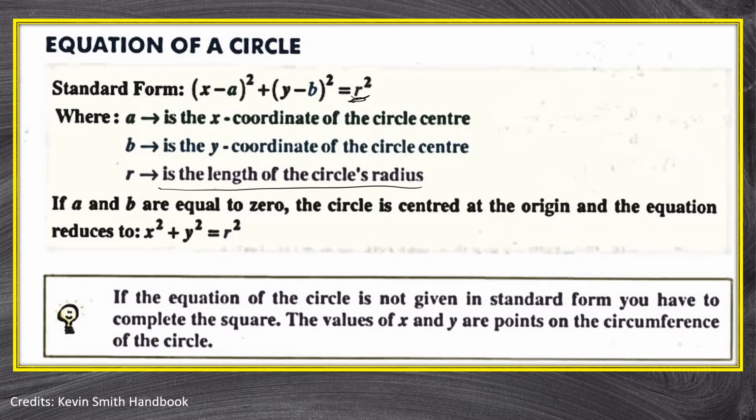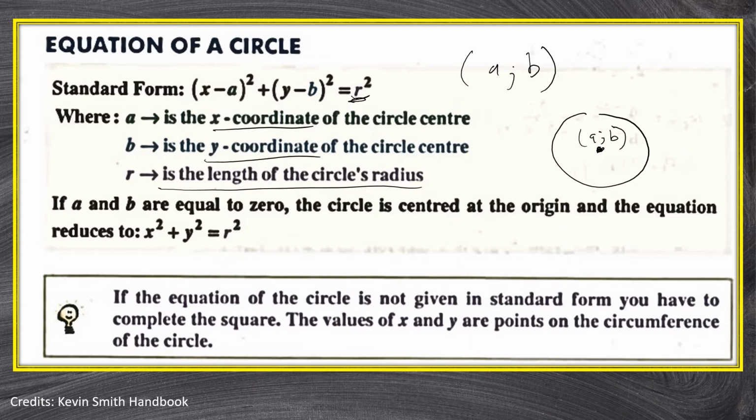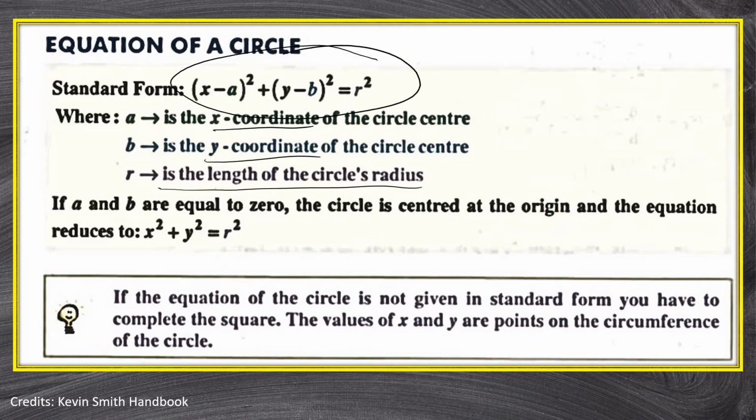That is our r. So a and b form the coordinates of the center of the circle, right? You know that every circle has a center. So on your center, (a, b), those are the coordinates of the center, where a stands for the x coordinate of the circle center and b stands for the what? For the y coordinate of the circle center. And that makes the standard form for an equation of a circle. Okay, so